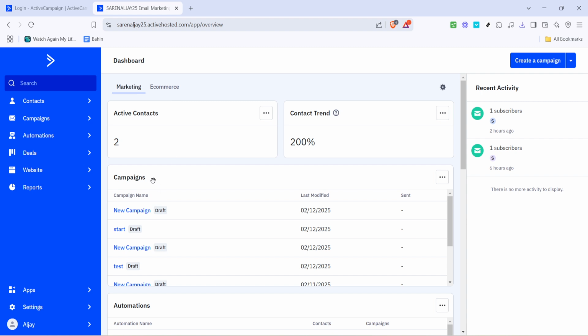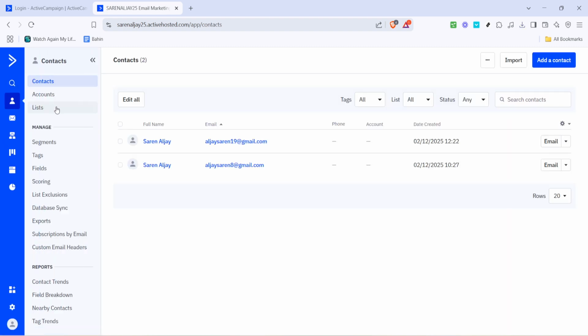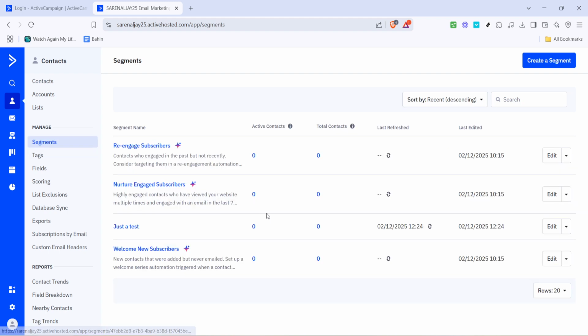Next, you'll want to direct your attention to the contacts section. Look for the contacts button, which should be prominently displayed on your dashboard's main menu, and click it to continue. Now that you're in the contacts area, your next step is to locate the segments option. This is typically found within the contacts menu. Click on it to open the segment section, which will allow you to view and manage all your existing segments